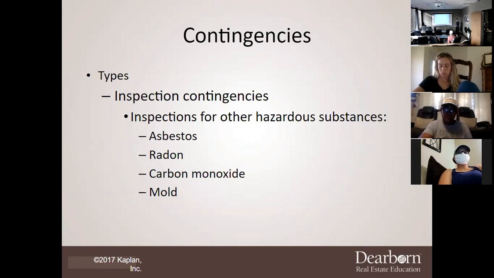Mold is a big one, and you will see that one on the test for sure. So what were the mold remediation methods? Just calling the specialist? Yeah, usually we call a specialist, and if it's bad enough, they would have to tear down